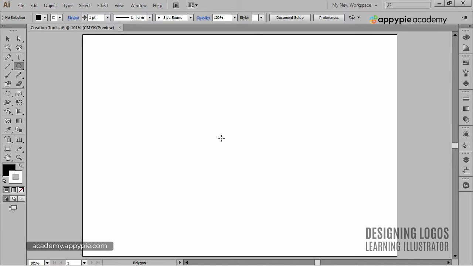Now that we know the principles of creating shapes, drawing ellipses, polygons, and stars will be even easier and even